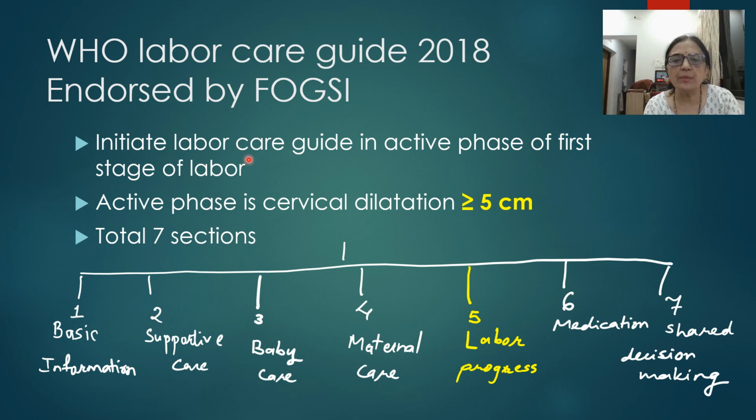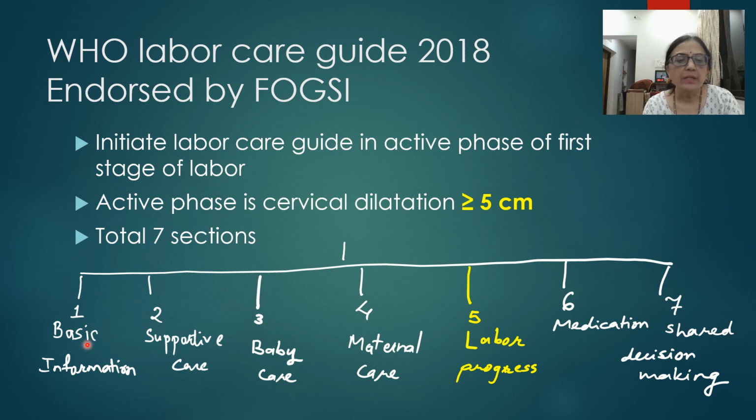It has given this as a Labor Care Guide, and every obstetrician should start documenting on this paper, or initiate the Labor Care Guide, in the active phase of the first stage of labor. And the active phase of labor is whenever there is a cervical dilatation of greater than or equal to 5 centimeters. These are the 7 sections in the Labor Care Guide, and all the students should know them